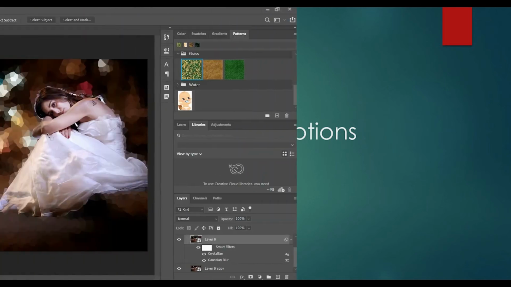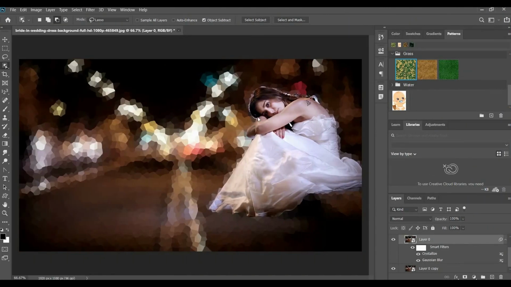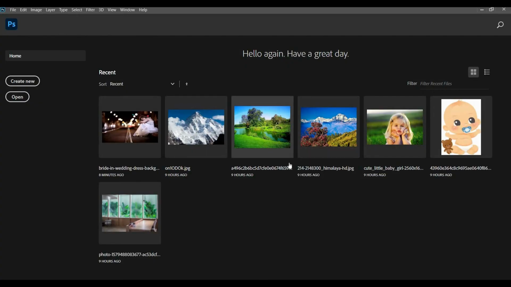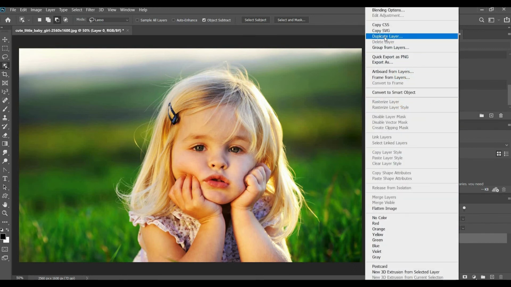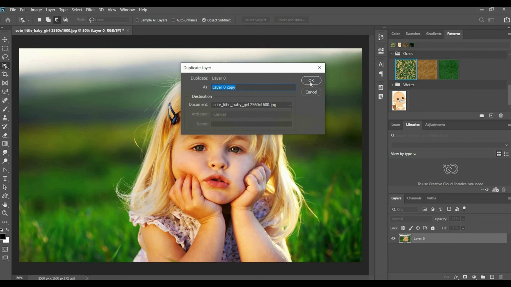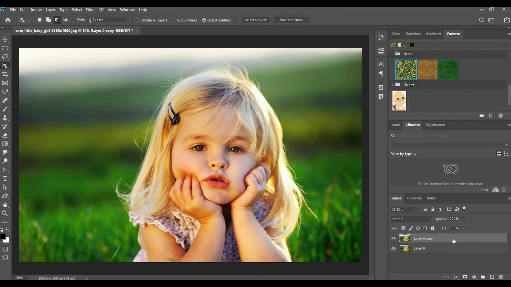So blending option, for this I am going to take a next example. Okay, unlock the background, and it's better to always create a duplicate layer so that we can match with the original content, or it won't affect the original image.